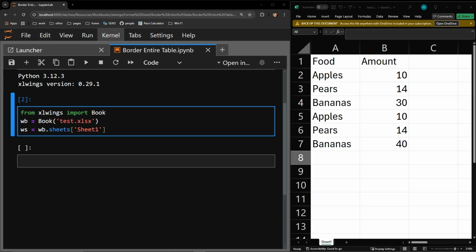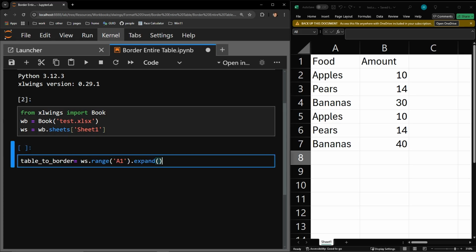I've opened the workbook on the right with the book function and selected the sheet you see displayed as WS. Starting out, I would like to define the table that I will be adding borders to. I do this by using the range function of the worksheet and passing it A1. On top of that, I use the expand method to select all of the cells part of the table in